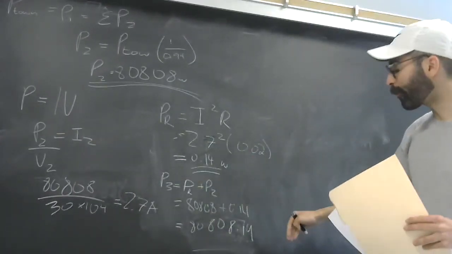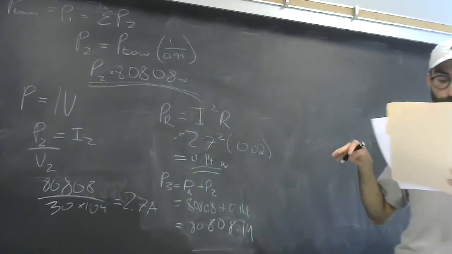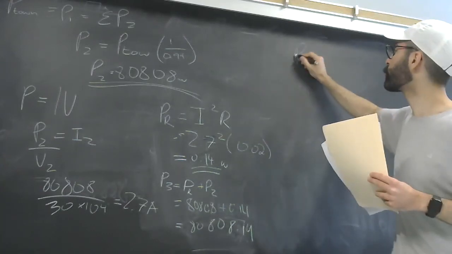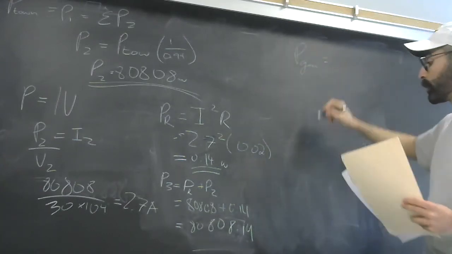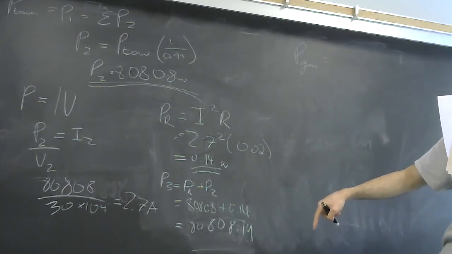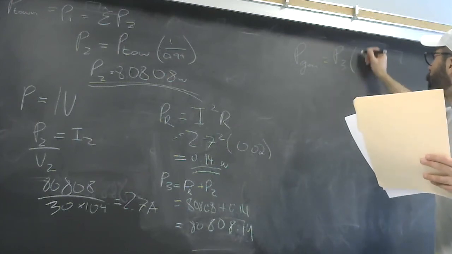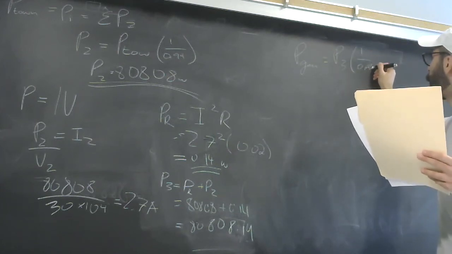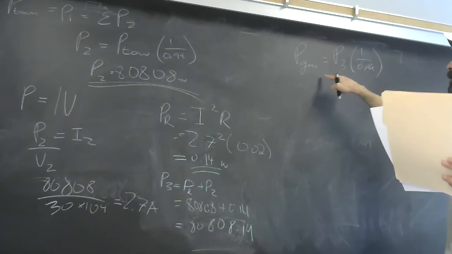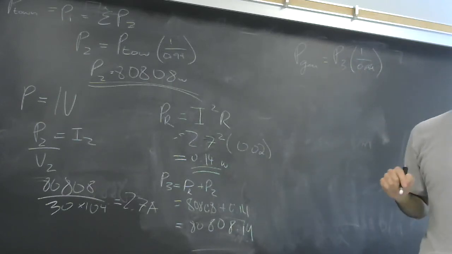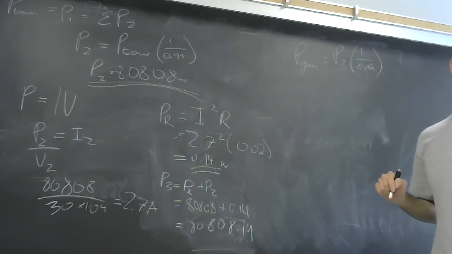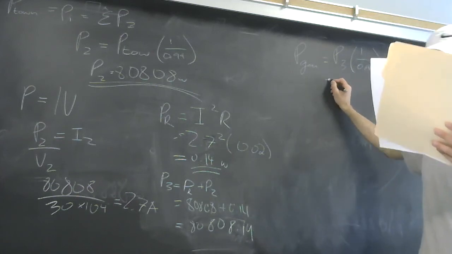All right, so now we have the power upon step up. So now we can find the P generator, we call that P gen, which is equal to the P3 times 1 over 0.99. That's because it's going to go through that 99% efficient transformer. And that's going to equal